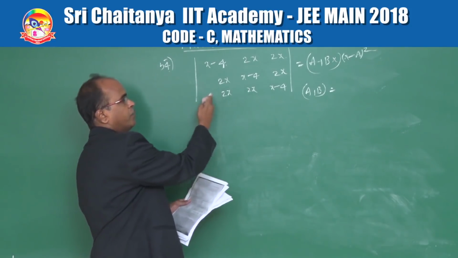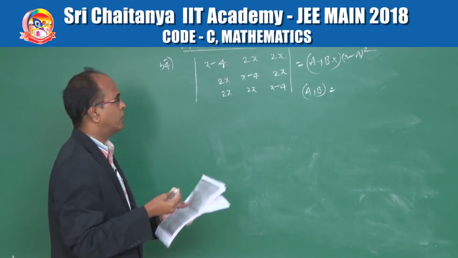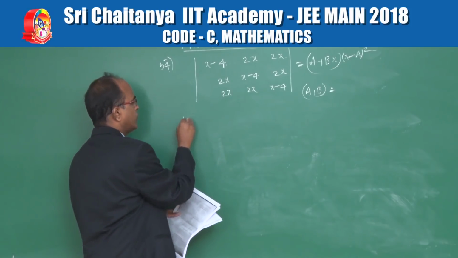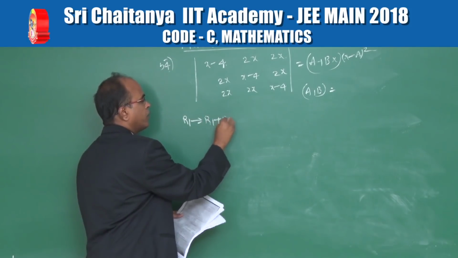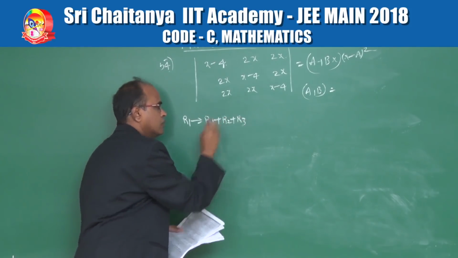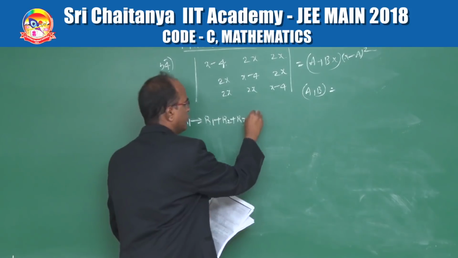For the left side determinant, we can now apply either row or column operations. For example, if we apply the row operation R1 plus R2 plus R3 becoming row 1, it will give us,